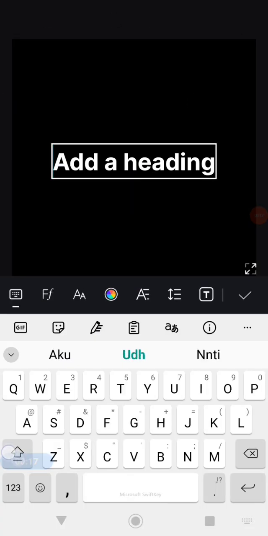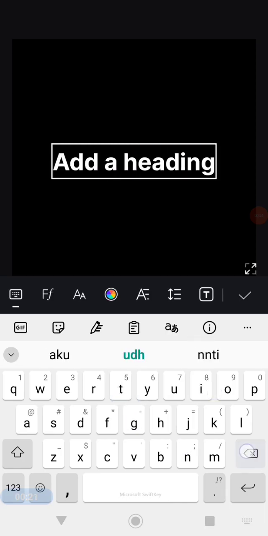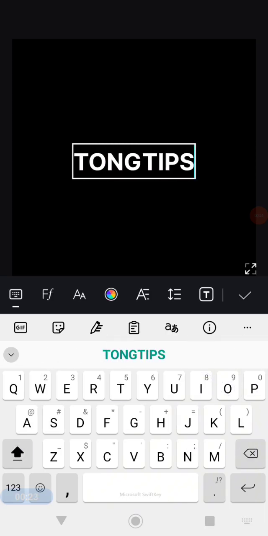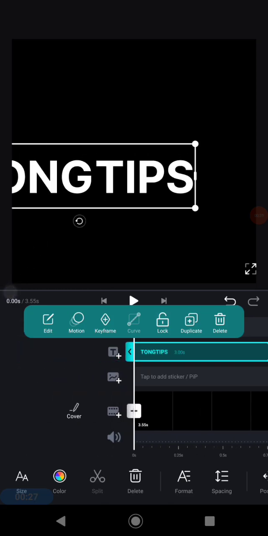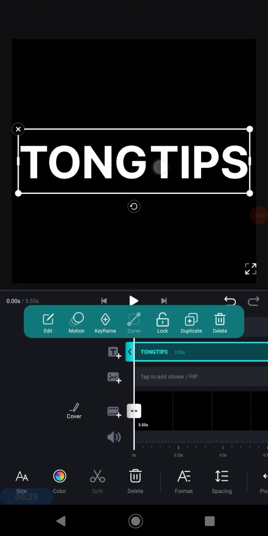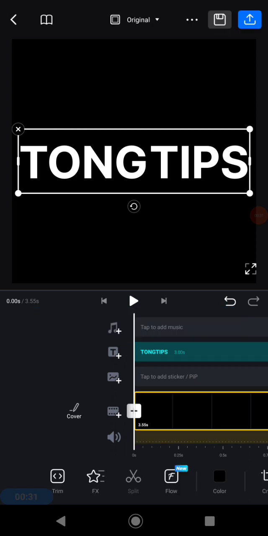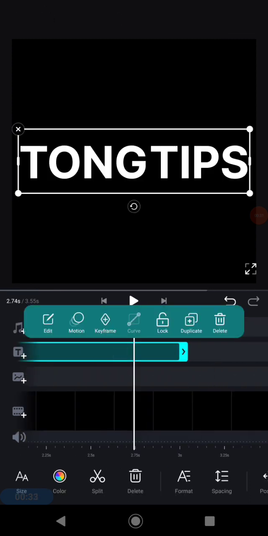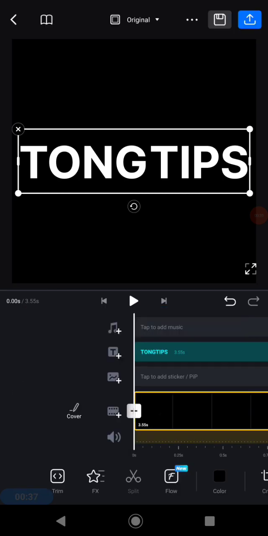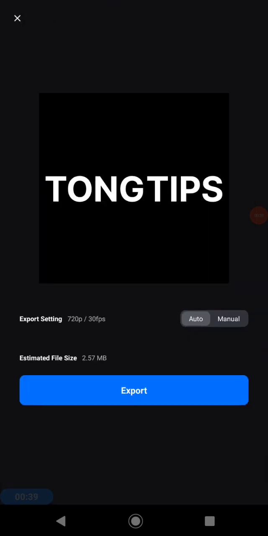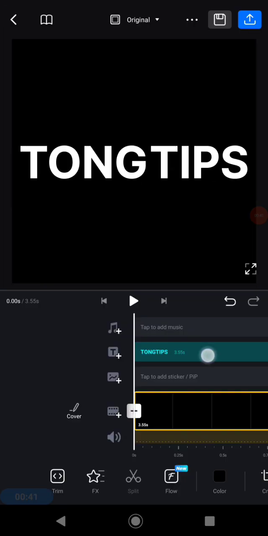And for example, I would like to type Tong Tips, like this. And now you need to adjust the size of the text like this. And after finishing, don't forget to adjust the duration of the text. And now you need to export the design, and after you're done exporting it, go back to your new project again,